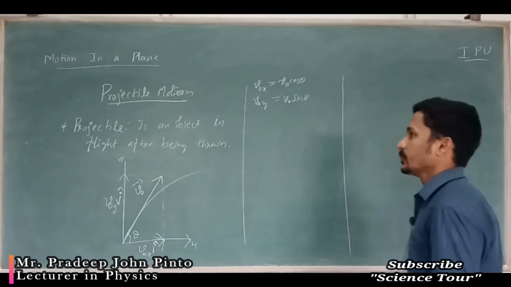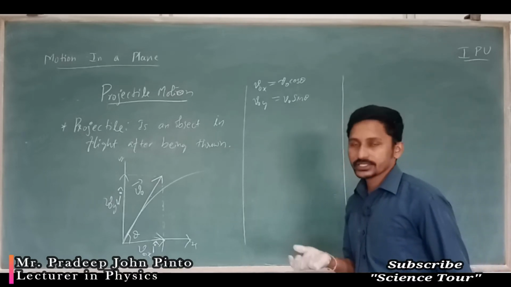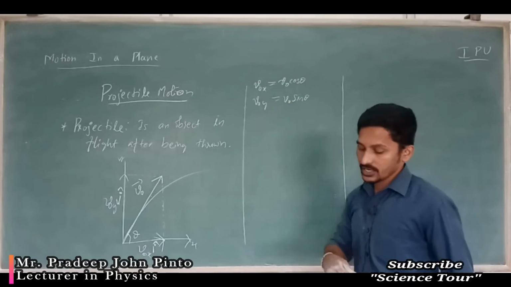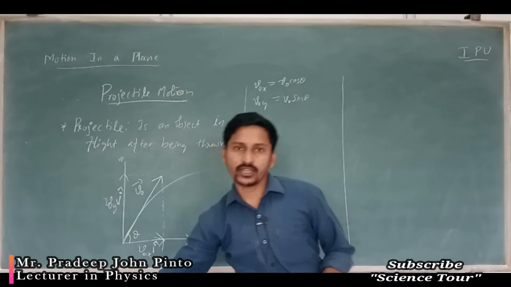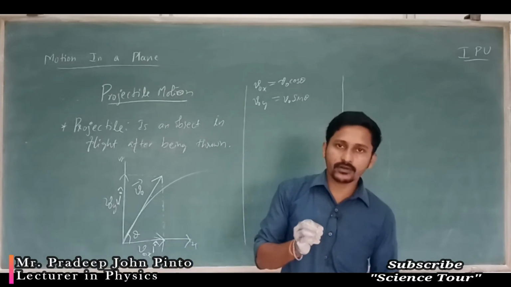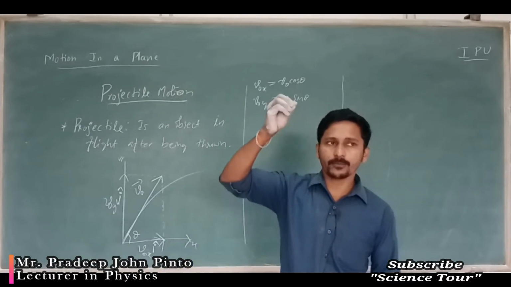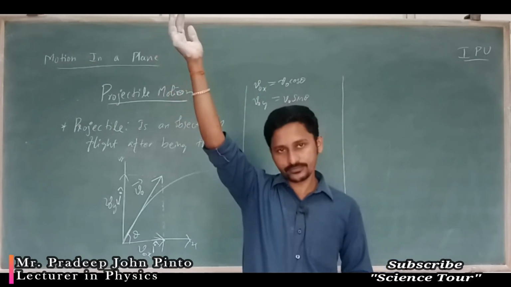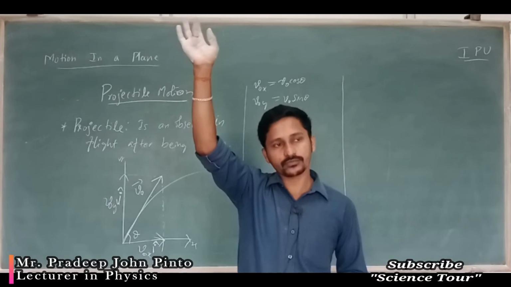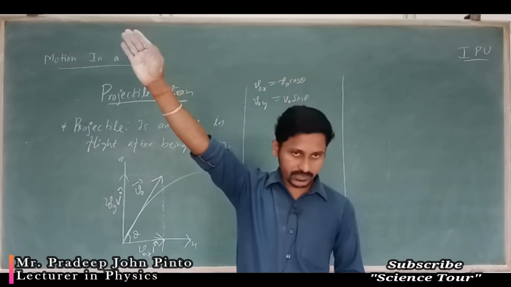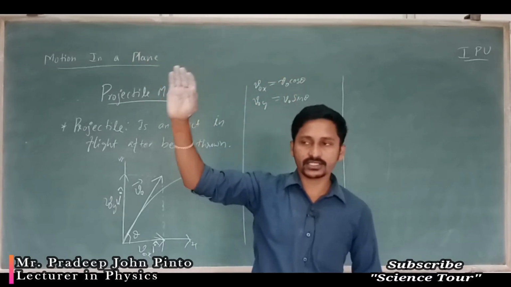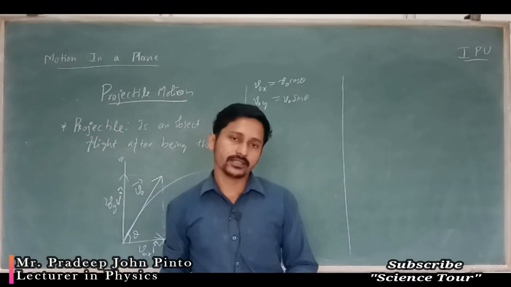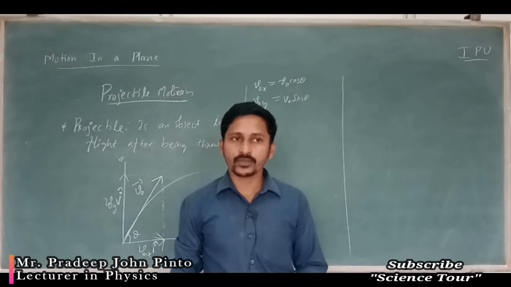Now, one object is there, I am going to throw it. If you throw it, it will move in this path, somewhere like this. It will go up and reach the maximum point. After that it won't go higher. The velocity becomes zero there, and after that it increases. When it reaches the same height, it has the same velocity.